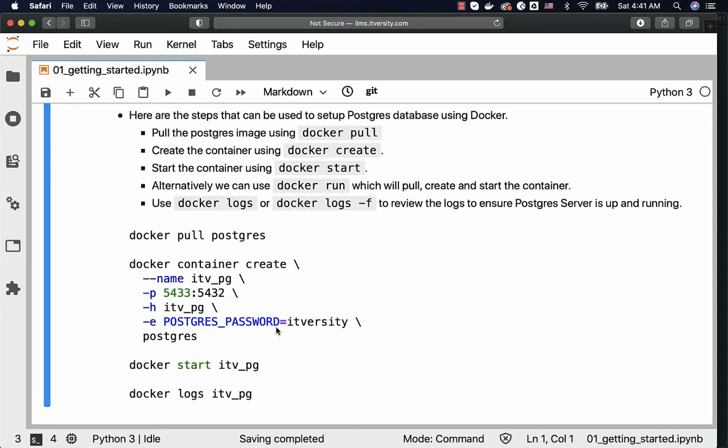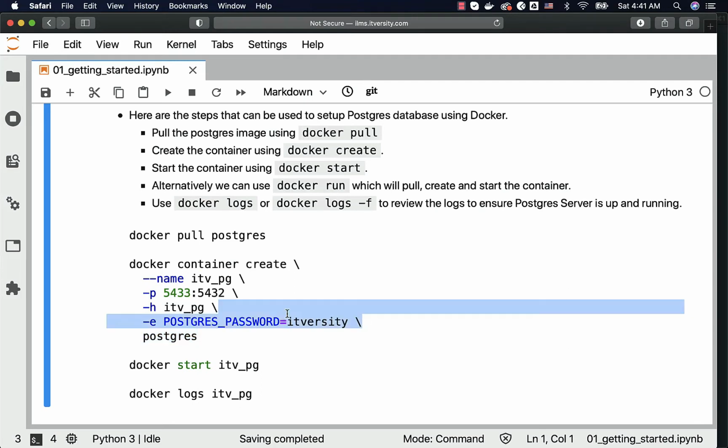It is mandatory to give this argument so that we can set an environment variable called POSTGRES_PASSWORD, to facilitate connecting to the super user from the command line by using the password, if at all it prompts for the password. -e stands for environment, so any environment variables can be set using -e while creating the container. And then we are using the Postgres image to create this container, and hence the image name goes here. So the image name should be the last argument.